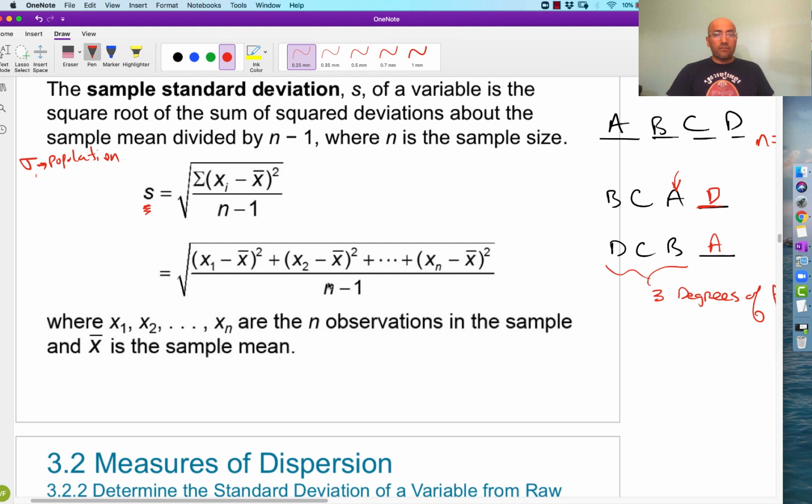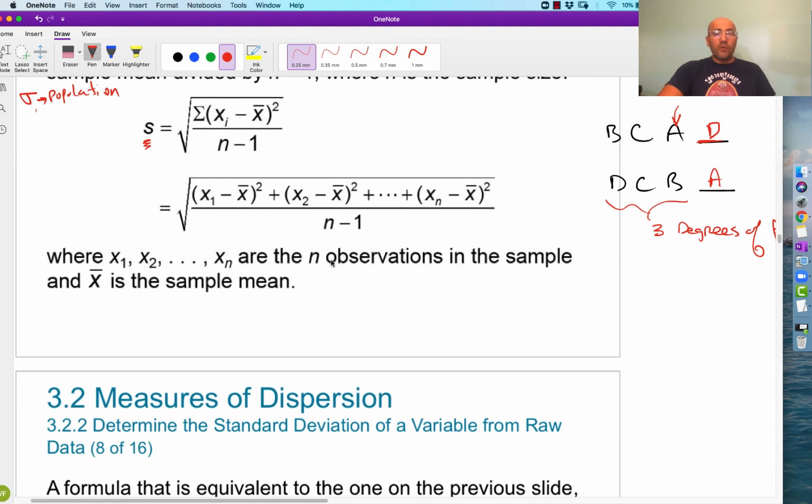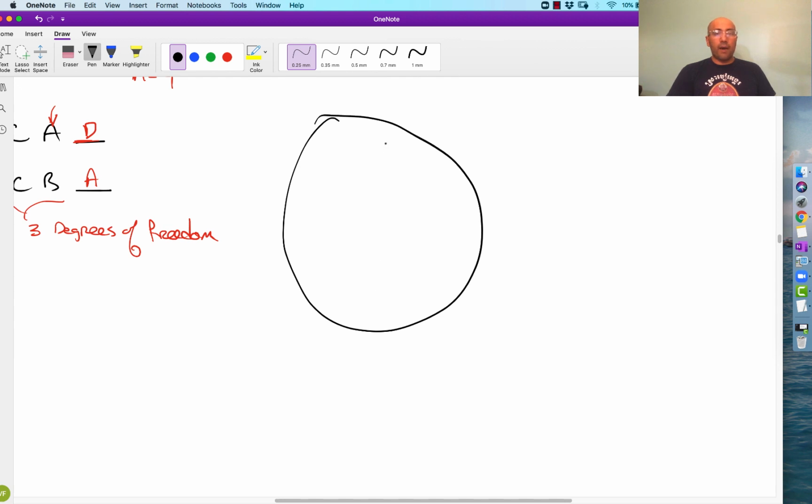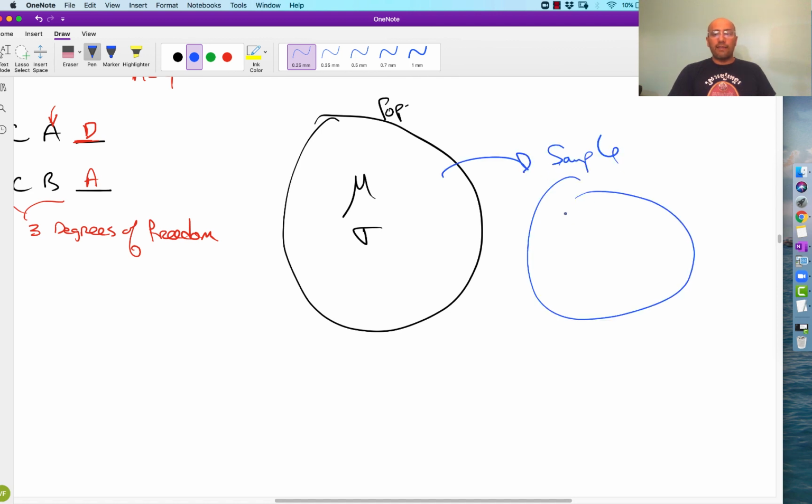It works, right? It's hard to beat a good thing. In more sophisticated math, as we move forward, we will see that what's happening is that often we have a population, right? And then that population has a population mean. It's got a population standard deviation. From that, we're going to get a sample,